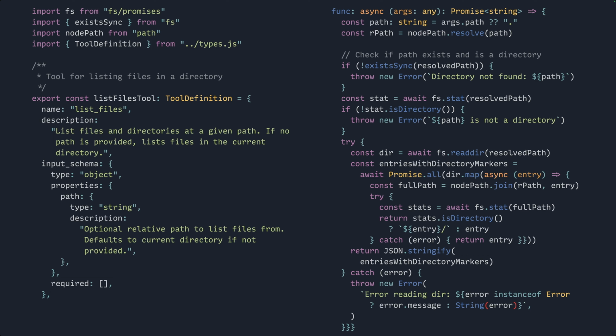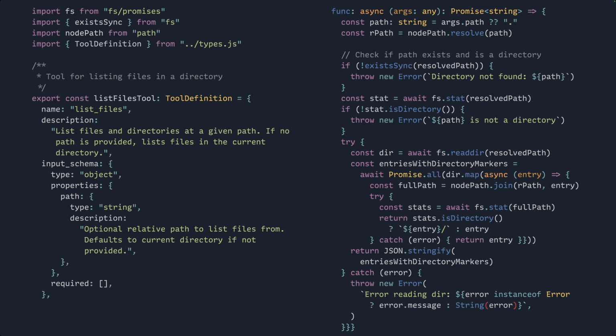It's pretty much like the last one. There's just a little more code because listing directories in Node.js is a little less convenient. But we have a name, a description, an input schema that requires a path, although the path is not required this time. It's optional. We say in the instructions that if you don't pass a path, we'll list the current directory, which is a nice convenience. And then over in the function on the right-hand side, we check if the path exists and is a directory.